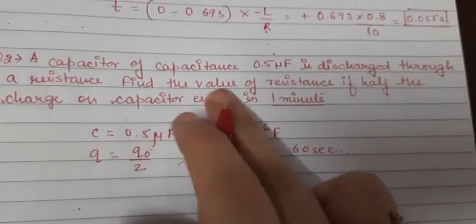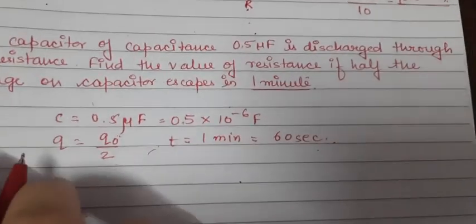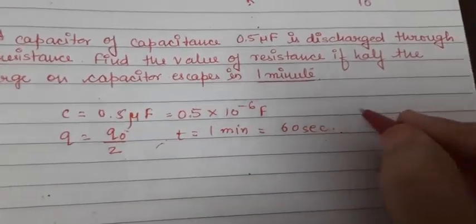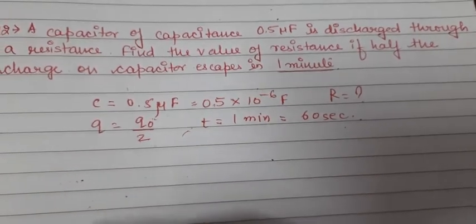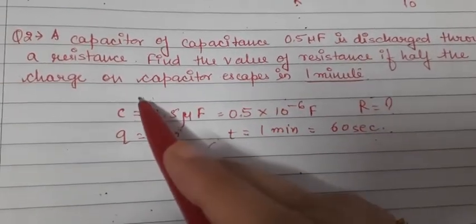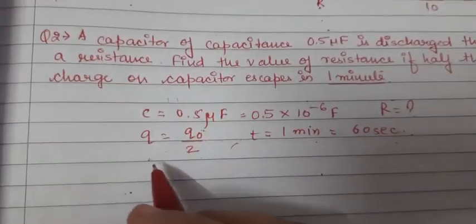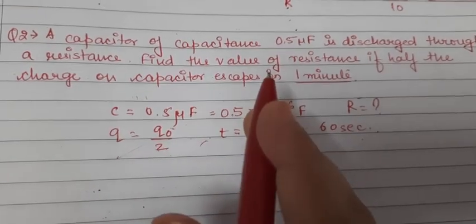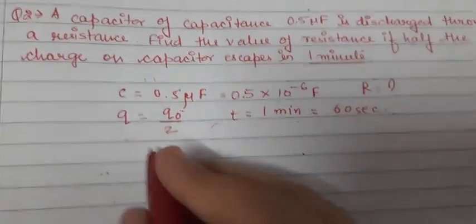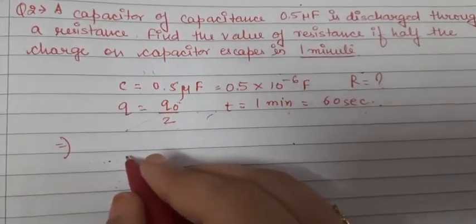Okay, but we have to find out the value of the resistance, that means we have to find out the value of R. So I am writing R here, it is not known. R we don't know, C we know, Q and Q naught and T. Since the charge is leaving and there is not a growth, there is a decay. So discharging means we have to put the discharging formula.